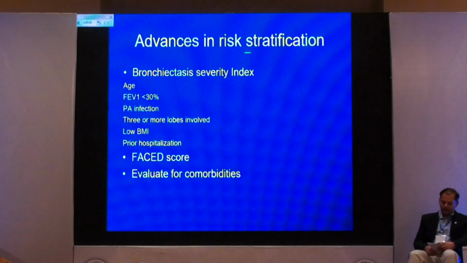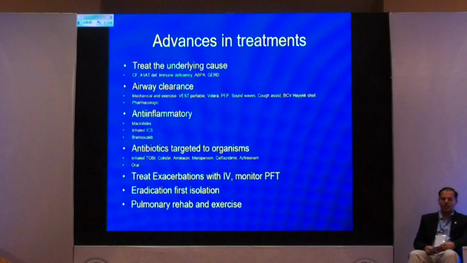So just to give you some risk stratification, patients frequently ask us, okay, doc, what's my prognosis? So the answer is look for these tools, either in the computerized apps or do a printout or hard copy. You can look at these if they have Pseudomonas, 3 or more lobes. This is about usually a 9-tool evaluation. This is about a shorter 5-tool evaluation. Gives you some prognosis, how bad their progression of bronchiectasis will be, and you can risk stratify them.